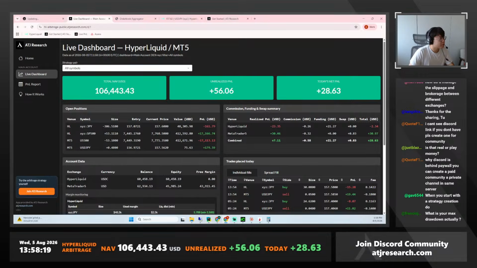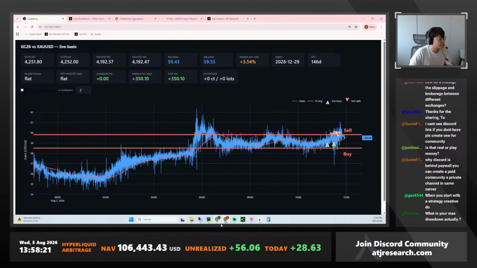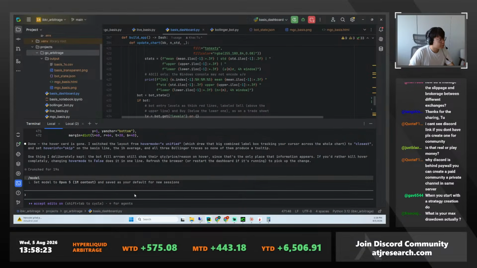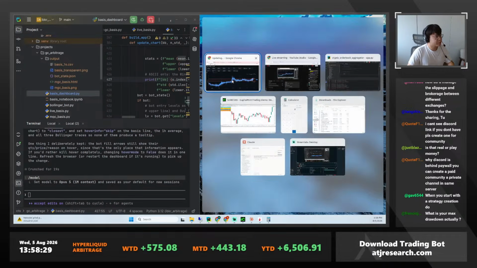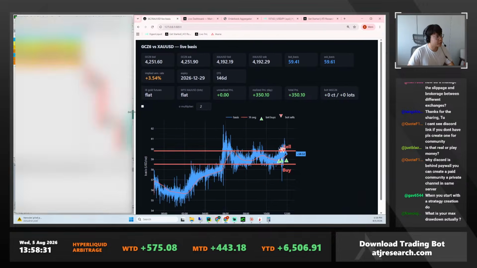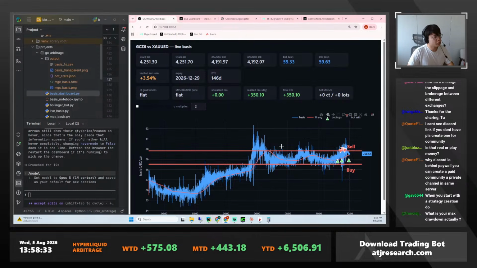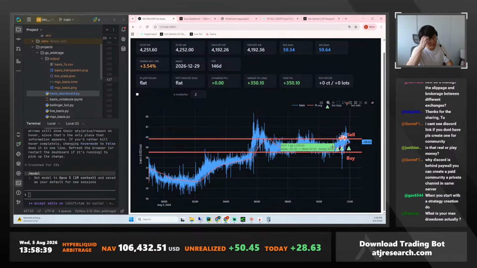Okay, so let's look at this dashboard. Every time I restart this dashboard, actually, I can split my screen. Every time I restart a dashboard, my app needs to load the history again, which is quite annoying because it takes like a minute until the app starts, because it's just that much data. So what I'm going to tell Claude is